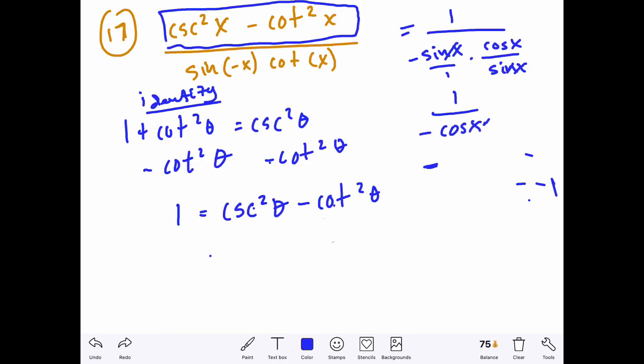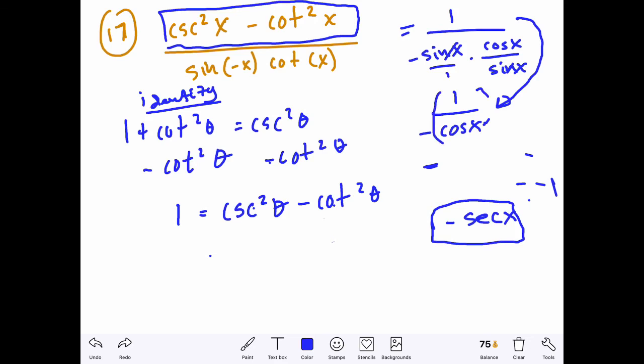Okay, now what's 1 over the cosine of x? Well, that's the same as the secant of x, so let's do that final step of simplification, negative secant of x. So we went down to there by canceling the sines with the negative out front, and then essentially 1 over cosine of x is secant of x, and I still have that negative out front, so that'd be negative secant